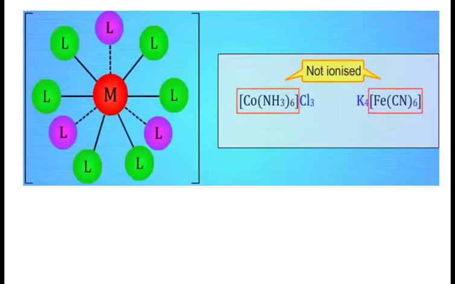secondary valences, right? So in this complex you can see that Co(NH3)6 part is not ionized. That means this part is the ionizable part, and this complex, in this first example Co(NH3)6Cl3, will be cationic. Whereas in this example K4[Fe(CN)6], K4 is positive, so it will be an anionic complex, right? Anionic complex is there,